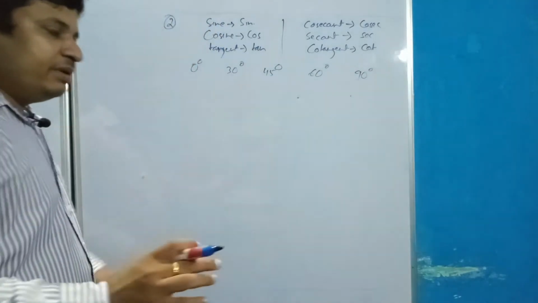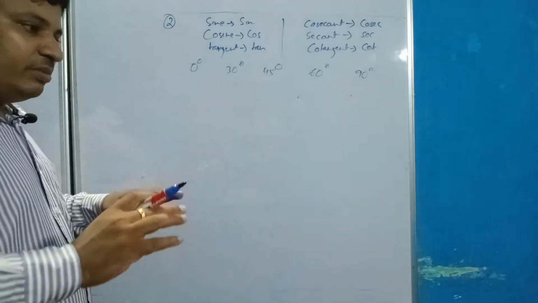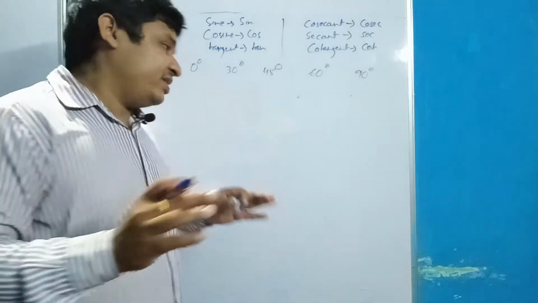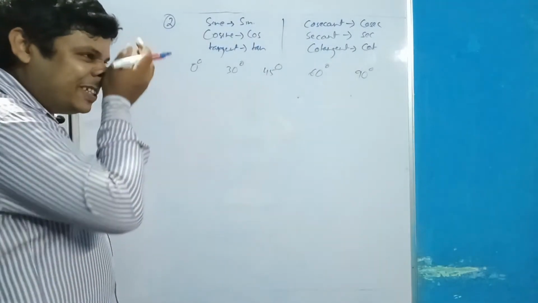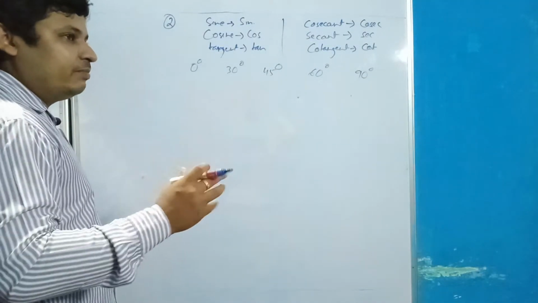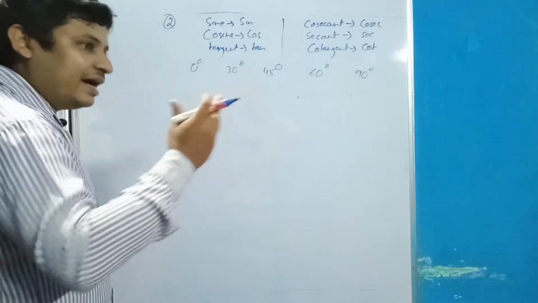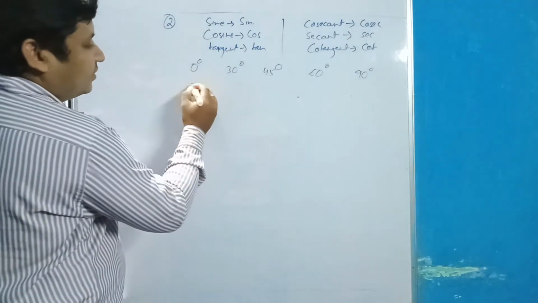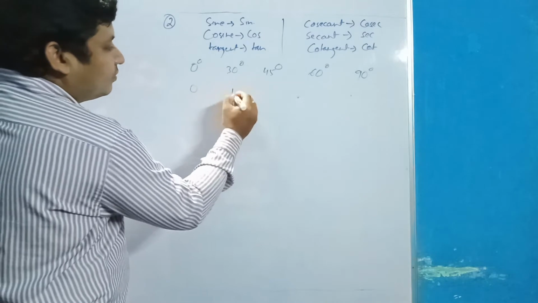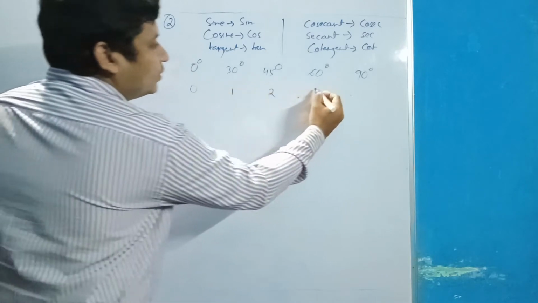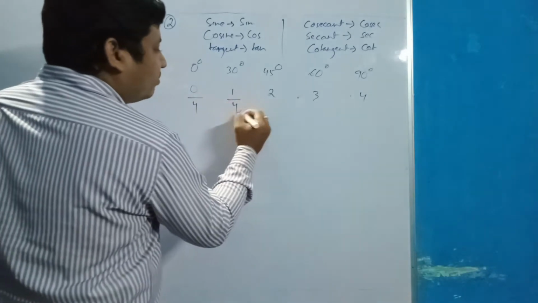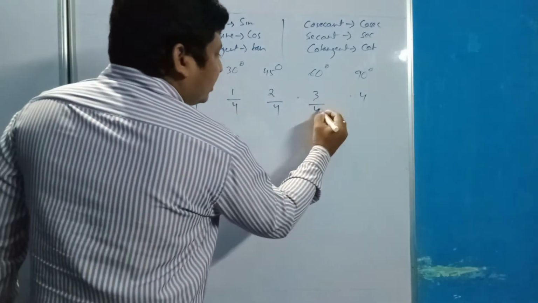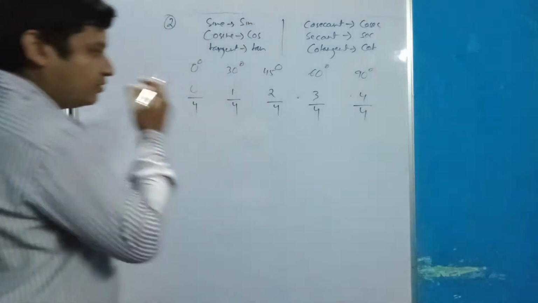We need not remember the formula or the table, we can directly derive it. It is not 100% scientifically proven, but it is the way I generally derive it. So you take 0, 1, 2, 3, 4, divide each by 4,